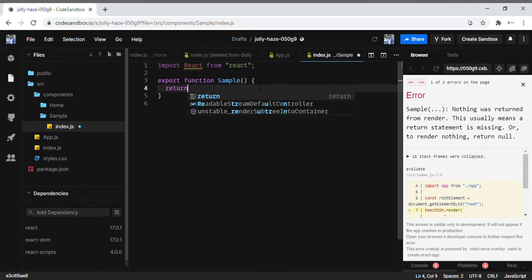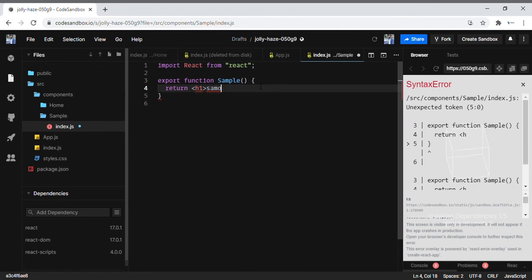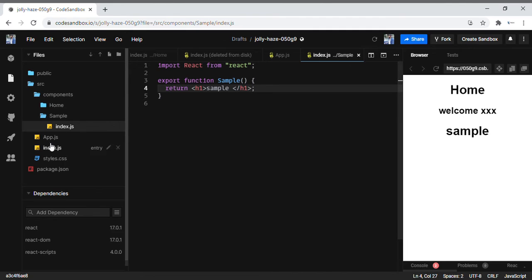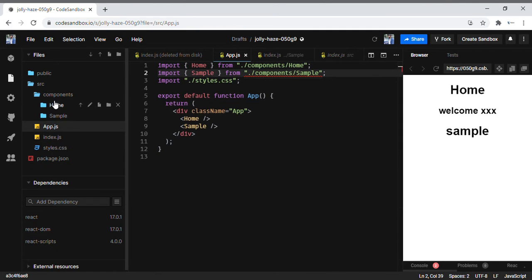I think I created a dummy file and used it. Let me quickly do this. Now I have created a sample component. So we have created two components, the home component and the sample component. This is a reusable component. It's a component folder, and I've created two components, and I have used those two components over here.